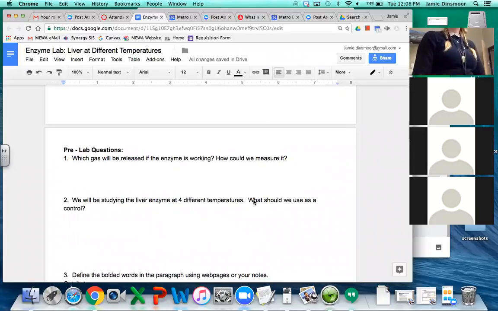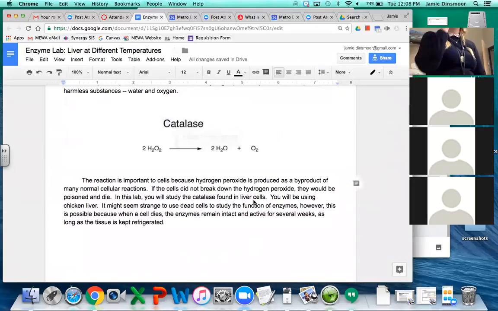The enzyme we're gonna look at for this lab actually also is important because it helps you break down poisonous materials in your body. So we have,